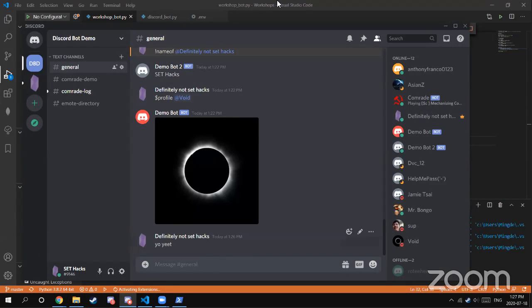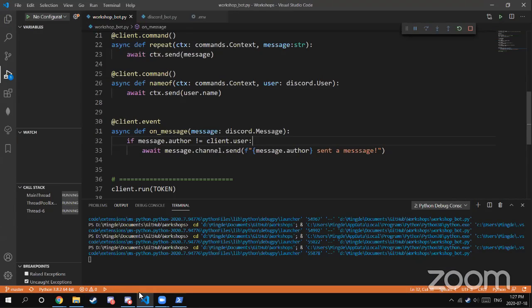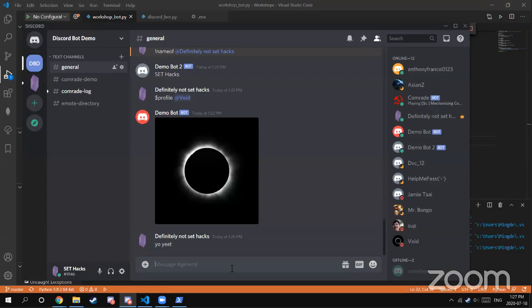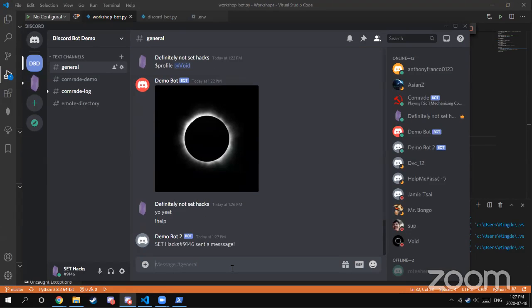When you have on_message overridden here, you actually need to do something specific if you want commands to work again. Because right now, if I want commands to work again, oh, so now it sees. Sorry, so